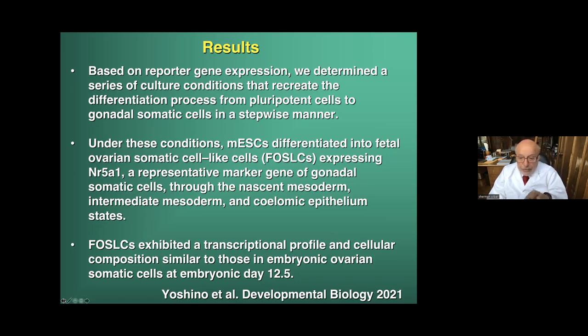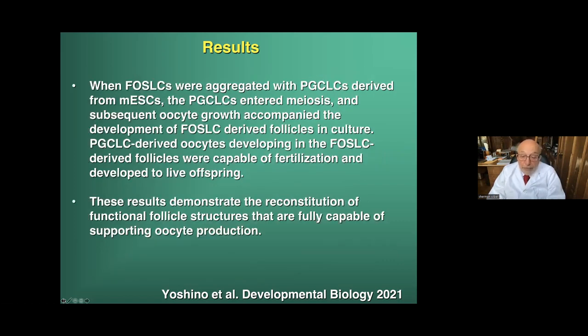Under these conditions, stem cells differentiated into fetal somatic-like cells, he calls them fossils, expressing NR5A1, a representative marker gene for gonadal somatic cells, through the nascent mesoderm, intermediate mesoderm, coelomic epithelial stages. And these fossils exhibit a transcriptional profile themselves and cellular composition similar to those in fetal or embryonic ovarian somatic cells or granulosa cells at day 12.5. And when these fossils were aggregated with PGCs derived from embryonic stem cells, the PGCs entered meiosis and subsequent oocyte growth accompanied the development of these